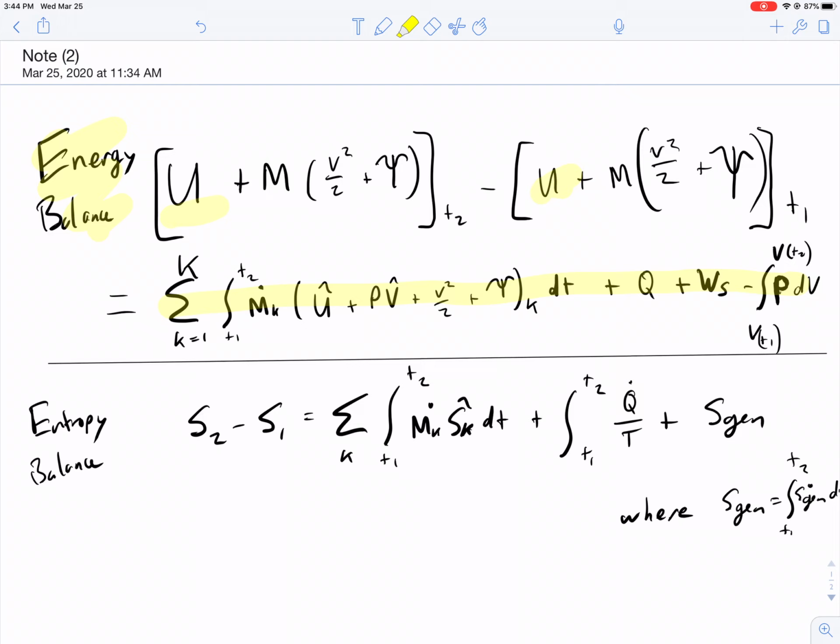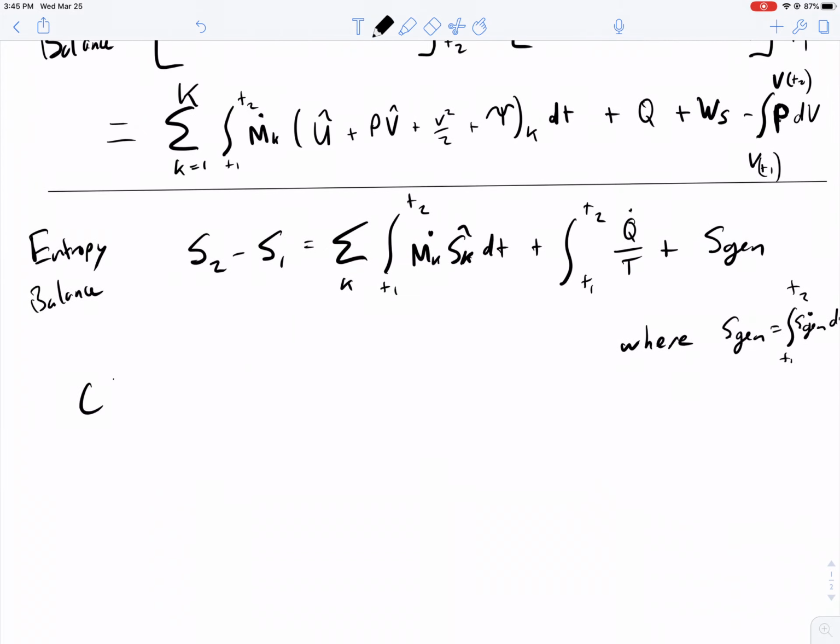This includes the flows of energy into and out of the system, the energy by heat transfer, shaft work, pressure-volume work. We also have the entropy equation down below that has a balance similarly with this extra term we've been discussing called S-gen. And so we're going to start with these equations to then derive a new energy for a system that operates closed,